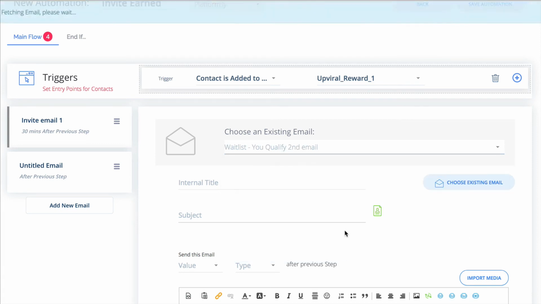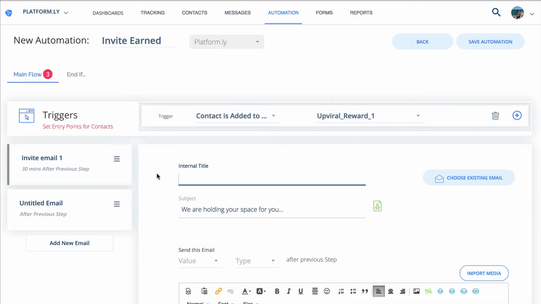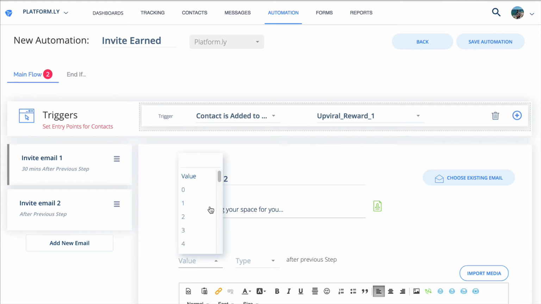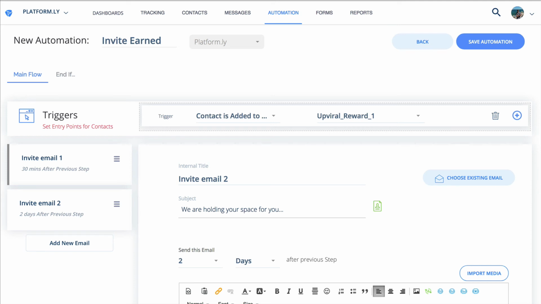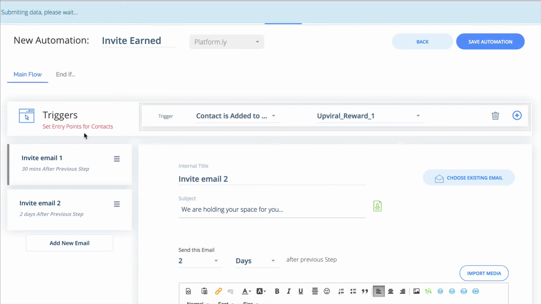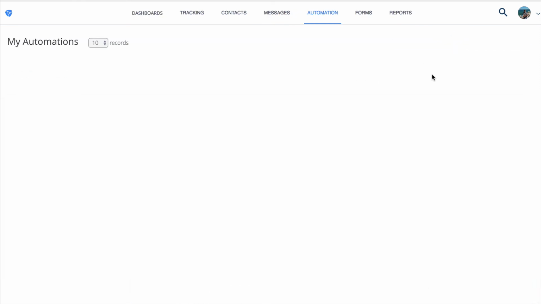Okay. And that's going to load up. Set how long after, so we'll give it a quick title. And we're going to set how long after the next step we want to send that. So in this case, we're going to send it 2 days after they got the previous one. And once that's done, we can just come up here and we can click Save Automation, because it's going to be a two email automation series for the moment. We can see that the automation has successfully saved. So then when we click back, we'll see our automation there, and it'll be needing to be activated. So let's quickly go there and do that now.